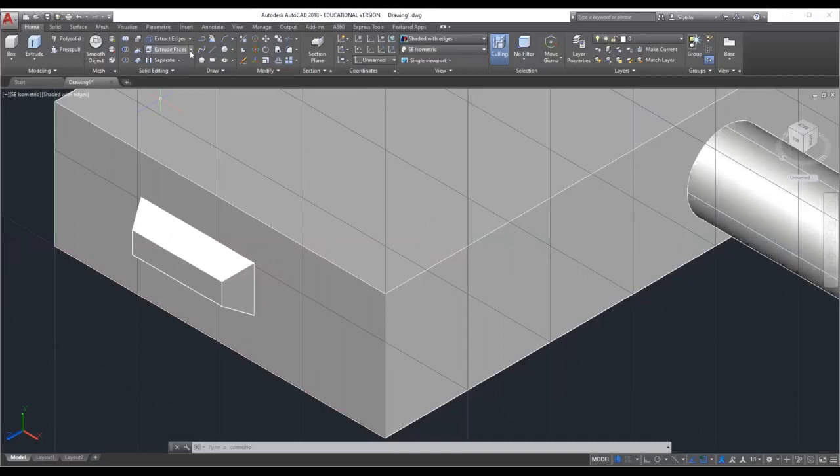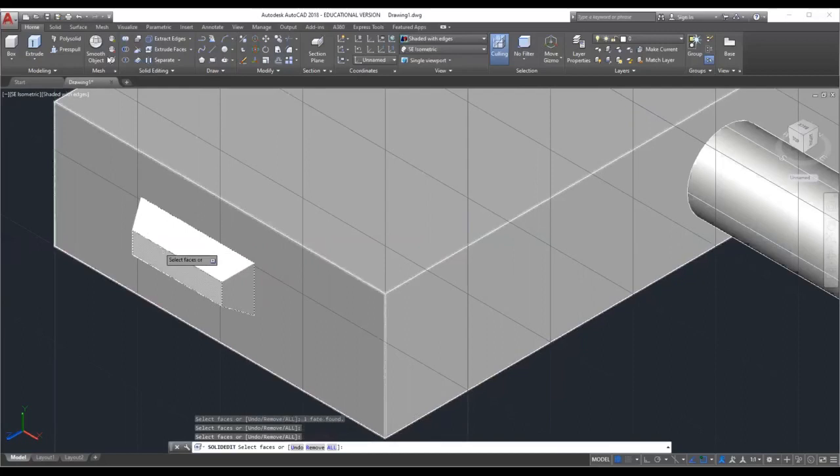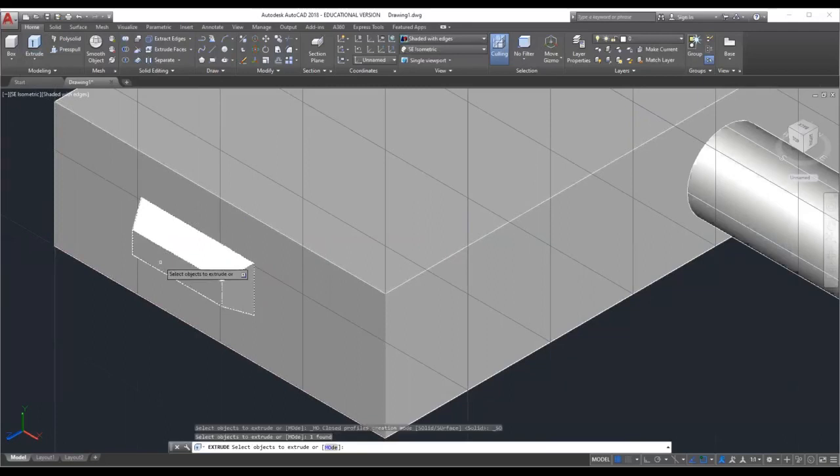Go to extrude faces, select extrude faces, go to extrude command, select extrude, select the extrude, enter. Click on extrude, select the face.